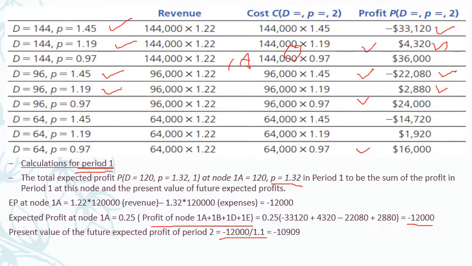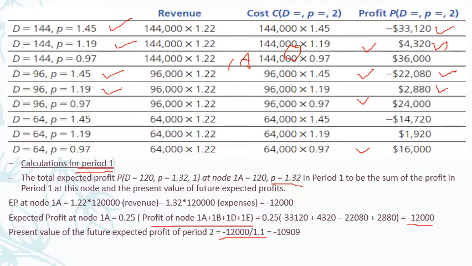I hope it is clear to you. Why do I need to divide? I need to divide because I am taking the money backwards. I am not taking it forward. If future money has been brought to present, that's why P will be equal to F divided by (1.1 plus I) to the power of N.